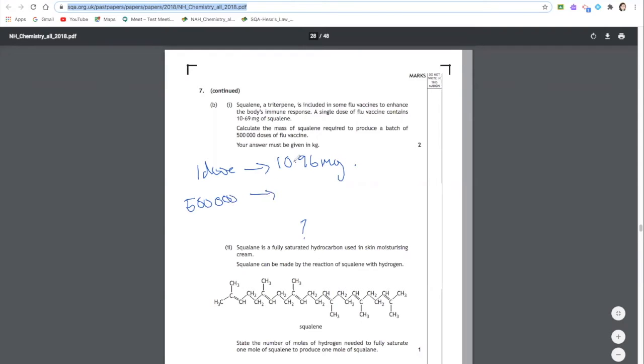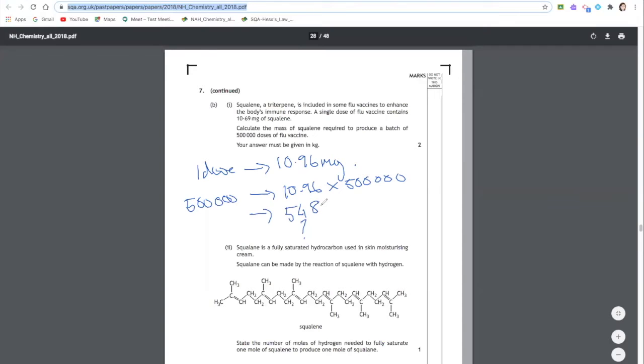So that means we need to times this 10.96 by 500,000. If 1 dose needed that much, 500,000 doses will need 500,000 times as much. So that comes out as